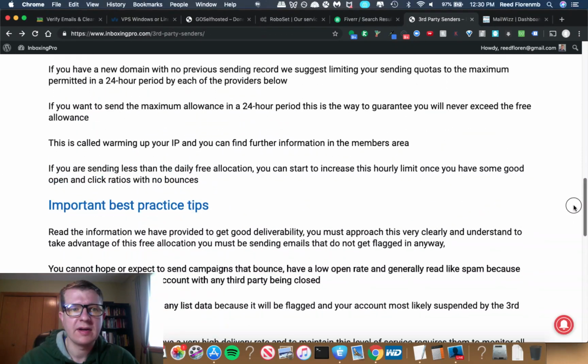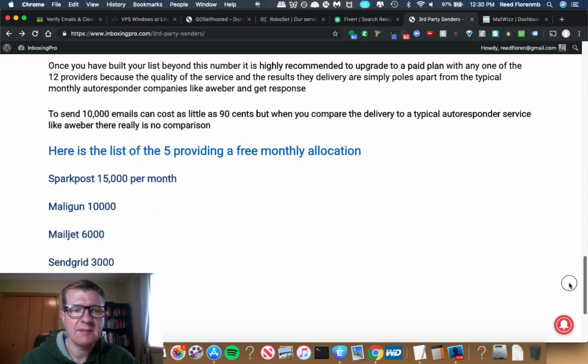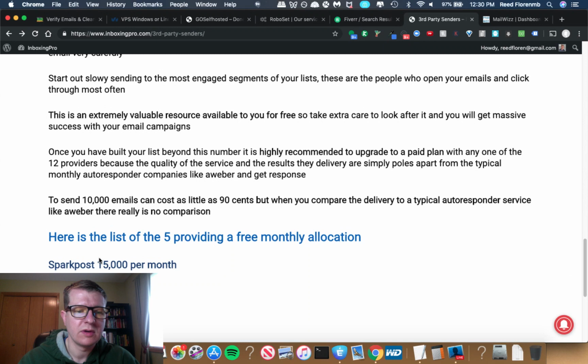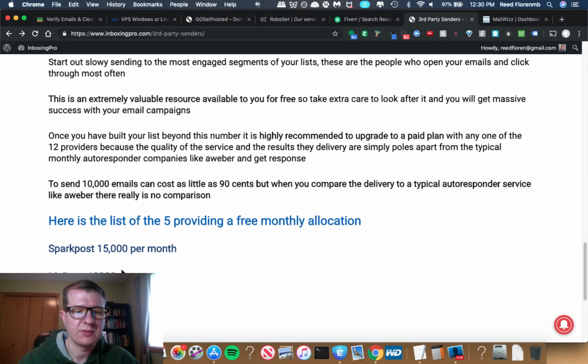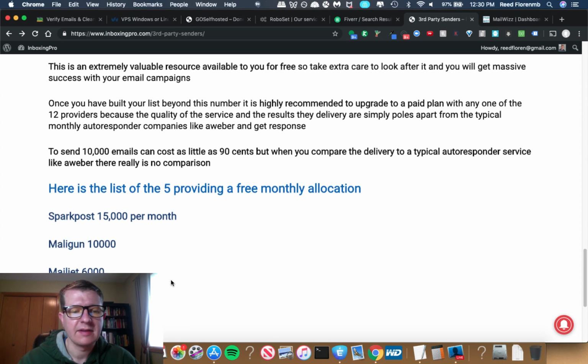So I think you subscribe to Inboxing Pro, it's maybe $50 a year. You'd get a domain name, and then you would sign up for these different accounts. So you might do SparkPost or Mailgun or MailJet or SendGrid or Amazon and sign up for an account. And you'd set up your emails and have them go out through Inboxing Pro, and you just follow their directions to get started. So that's something you could do. There's lots of other providers that you can pay a little bit of money for and use as well, but that's an option to try out, and that's something I may tinker with as well,